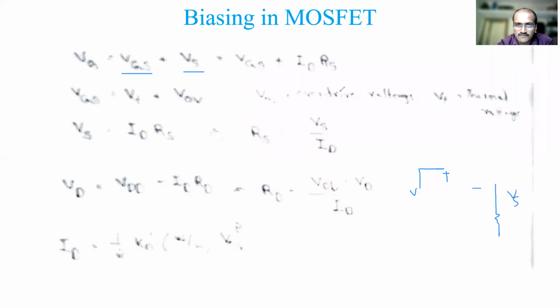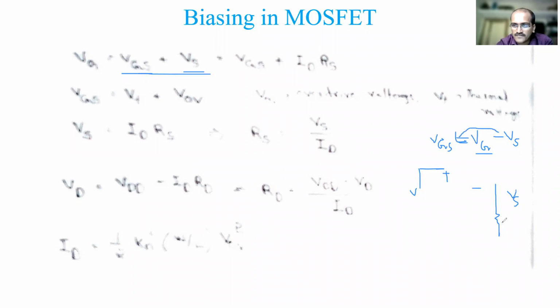So the basic equation VGS is given as, remember this always, gate to source voltage is nothing but gate voltage minus source voltage. This is the basic equation, remembering is easy. The same equation written in this manner, VG equals VGS plus VS, if I take VS to this side. This is one of the important relations.